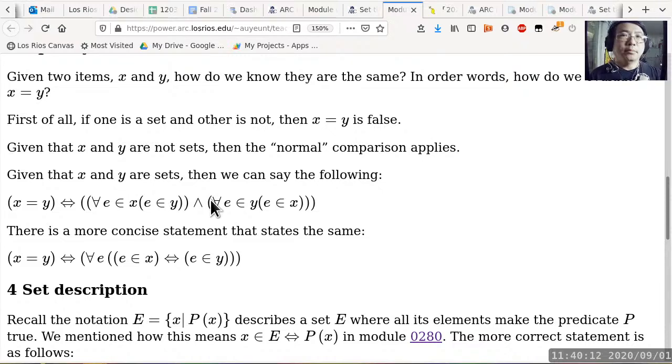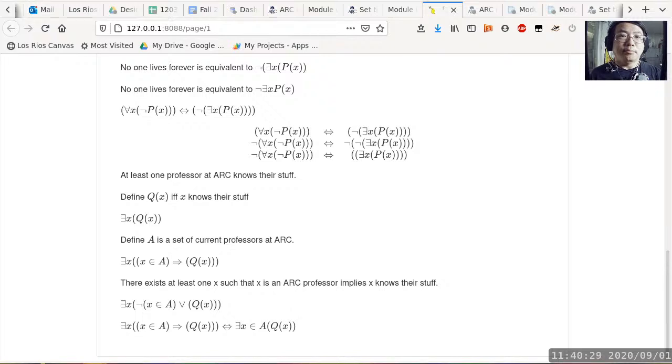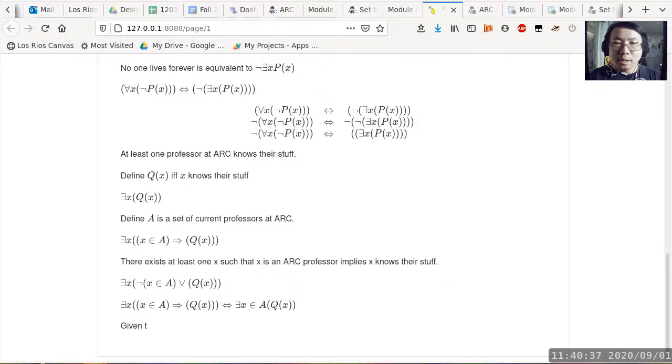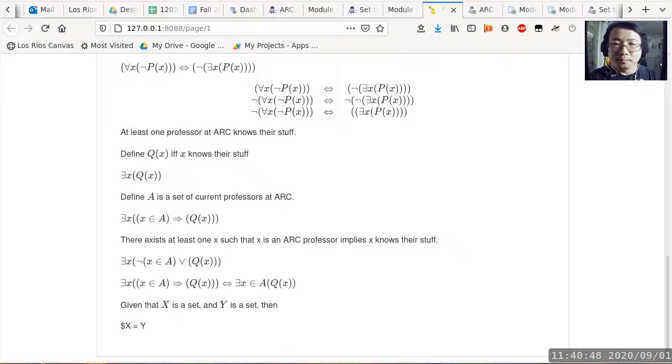Now, if you say, but Tech, I think we have another way to say something like this, but without using quantifiers, we can use set operations that we have already been shown. The answer is actually yes. There's a way to define it using just the minus operation. So let's go ahead and take a look at how we can see that. So given that x is a set and y is a set, then x equals y. Let me put in parentheses, x equals y